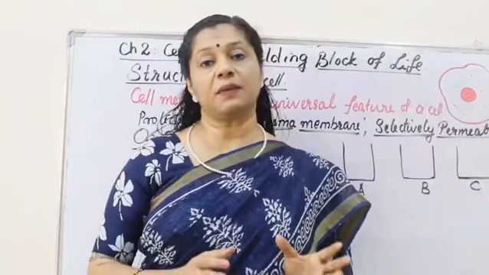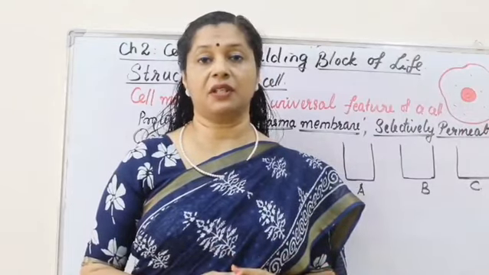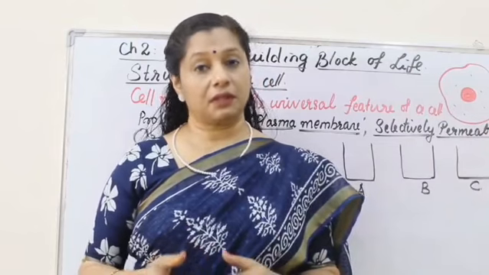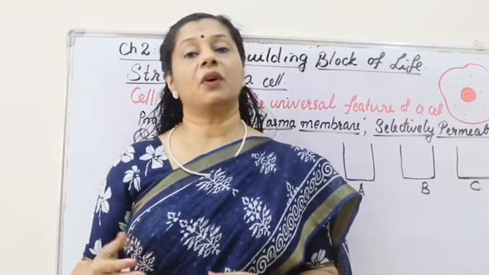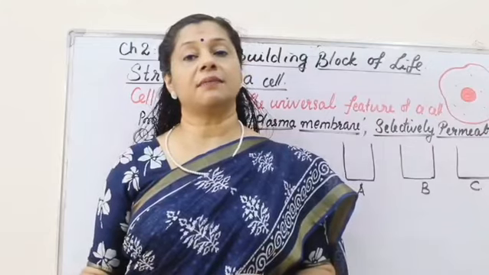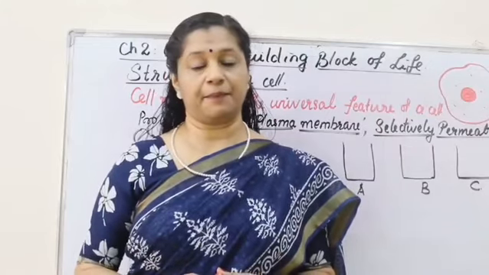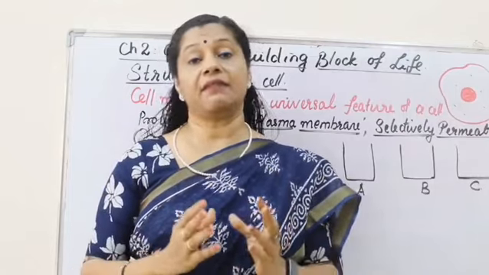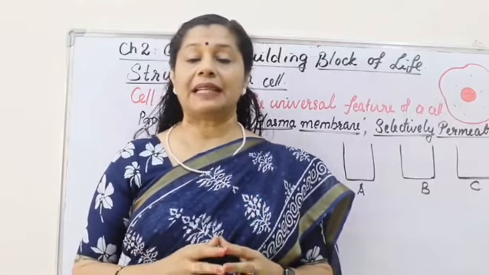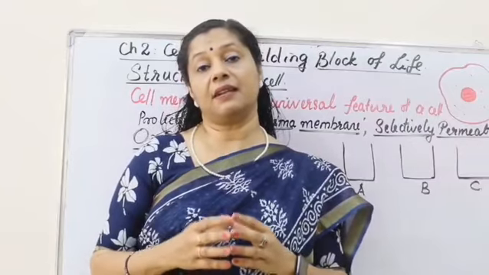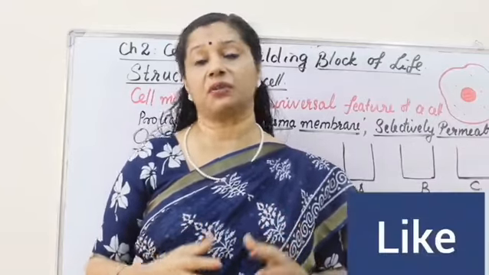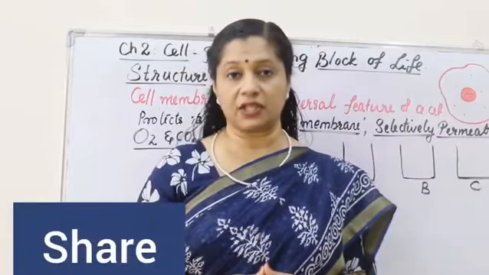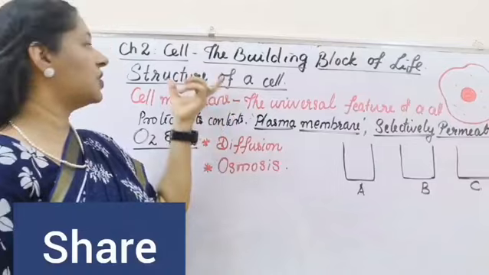A group of cells with similar functions and structure are organized to form a tissue. Many tissues form organs, many organs form an organ system, and organ systems turn into an organism. The basic unit of life is the cell, and we learn each cell is a functional unit of life. So in such a case, how can a cell function like this, or what are the parts of a cell? That's what we are going to explore henceforth in this chapter, that is, the structure of a